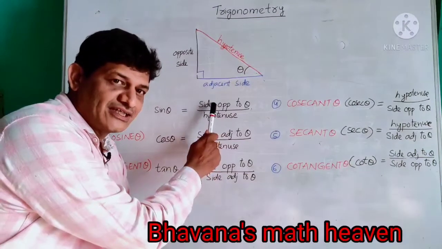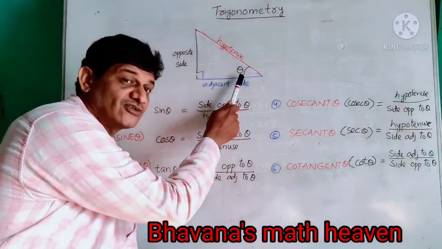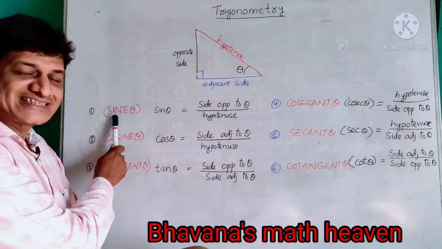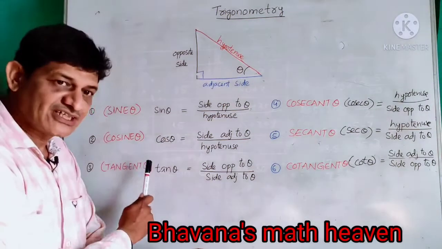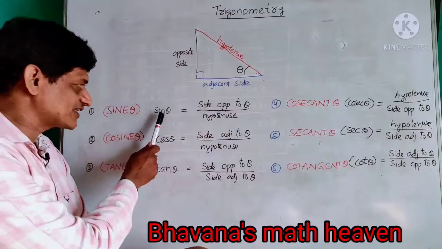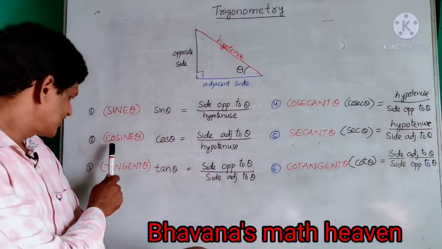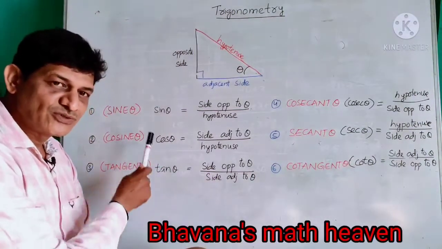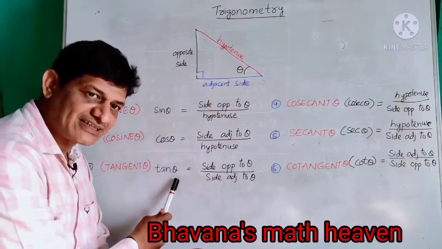In trigonometry, with respect to theta, don't forget it, these ratios are called sine theta, cosine theta, tangent theta. Briefly, pick the first three letters, this becomes sine, S-I-N, don't say it as sin, sine theta. And the first three letters of this, cos theta, tan theta. So briefly, these three ratios are called sine theta, cos theta, tan theta.